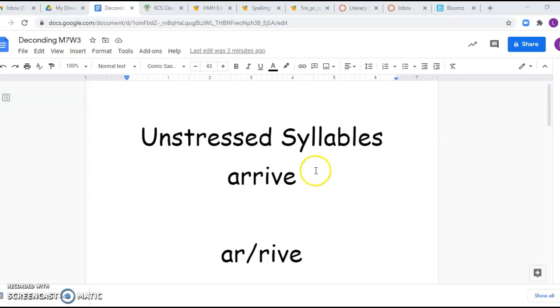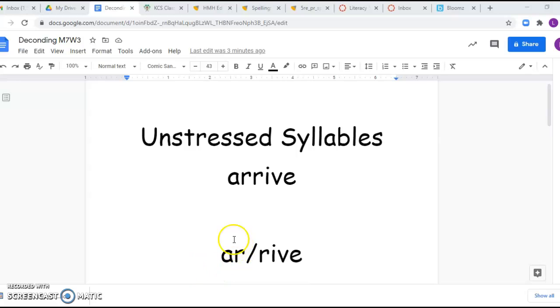I want you to take a look at this word that I have on my screen. This is the word arrive. When I look at the word arrive, I notice automatically that there are two syllables. You can see below, right here, I have this broken up into two syllables for you. So as we look and we pronounce this, we would have arrive. Arrive. If you notice right here, the very first syllable that I'm circling for you on your screen has